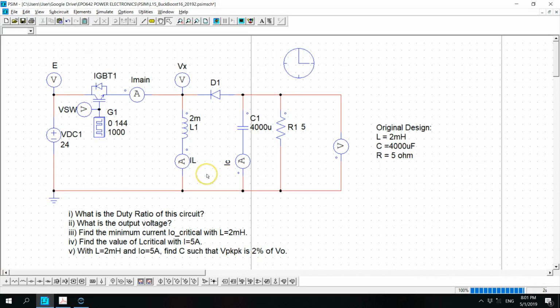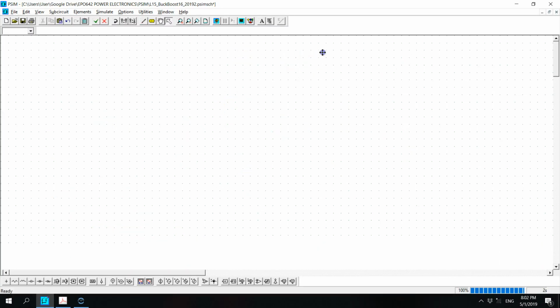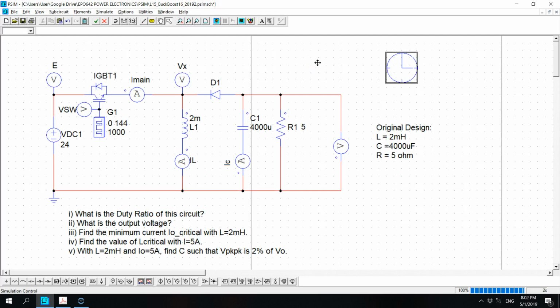I'll give you about 5 minutes. So you need to use the I naught critical and L critical equations, and then you need to use the output voltage equations, and finally the delta V naught equations. Alright, or probably I can leave it to you to do it, since this is a face-to-face and non-face-to-face blended learning class. By the way, again and again, I always emphasize that you use the PSIM to assist you